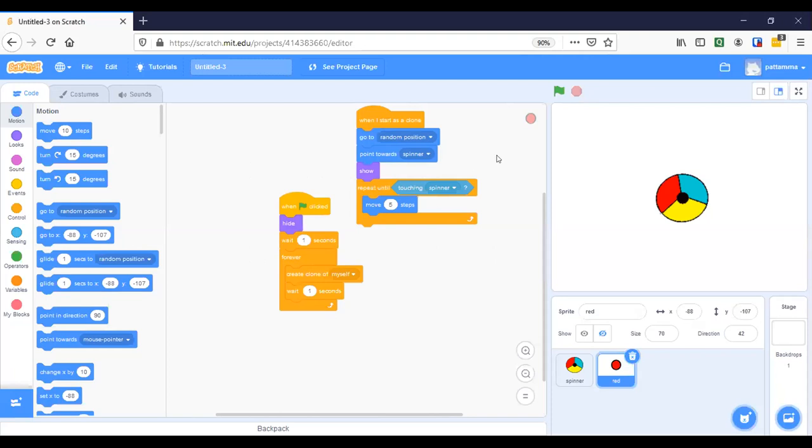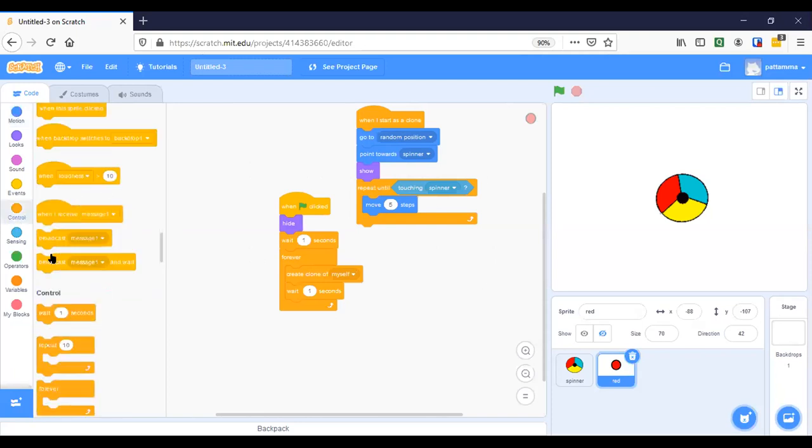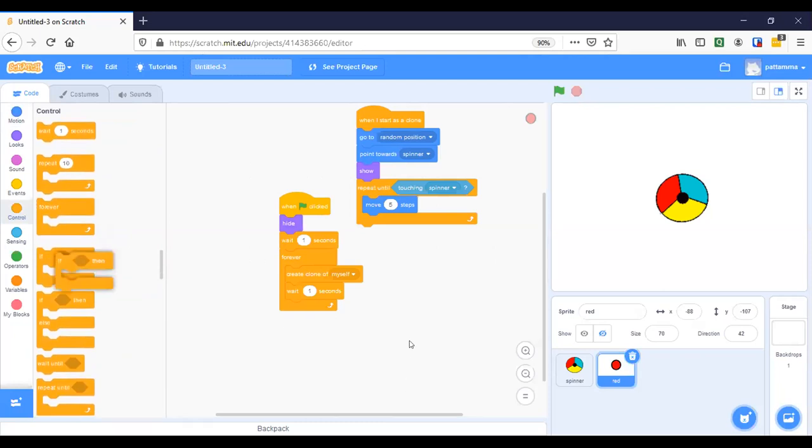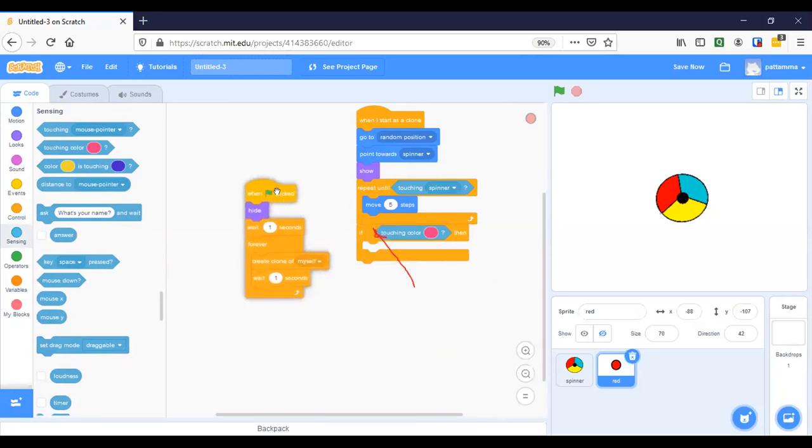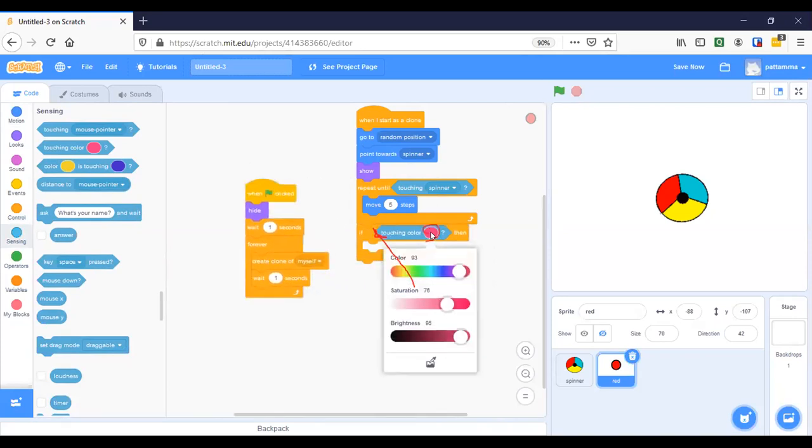Now what we need to do, after that, we will have an if block, if touching color. Then after, we have to make score also, right? Sir, can we make score? Yes, score also we will make, but let's first do it this way. You have to put it over here. Whatever color you have, you'll choose the color, right? You're making red color. So if it is touching this particular color, you will select it using this, right?